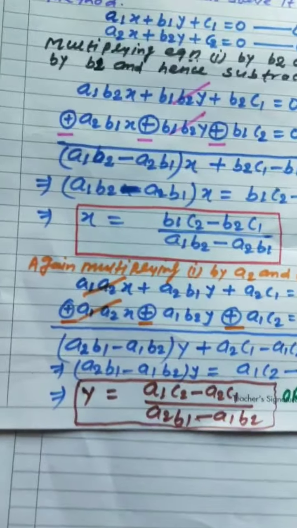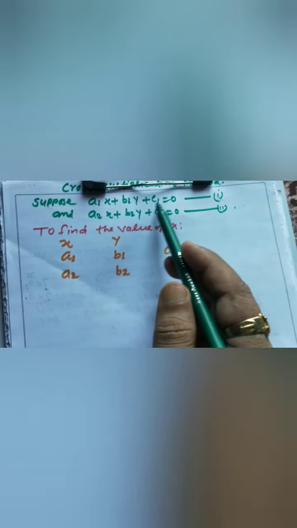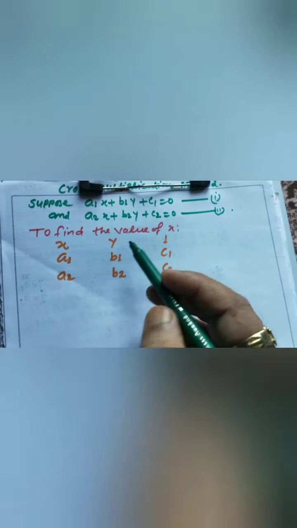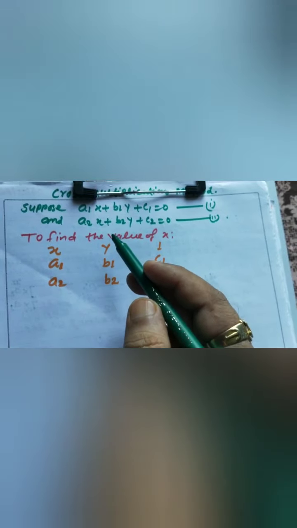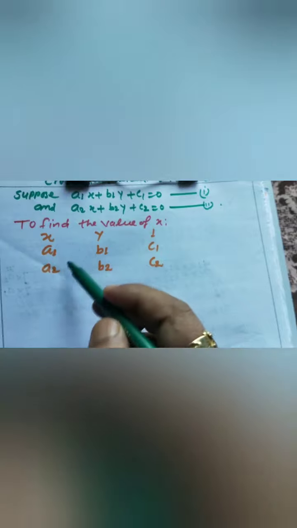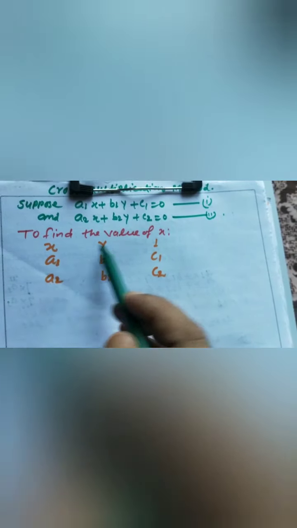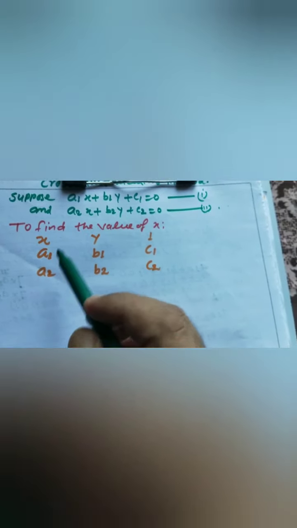Now let us see how we can solve a pair of linear equations in two variables by the cross multiplication method easily. We have just found out the value of x and y for this pair of equations by the method of elimination, and the same value we will find in this way also. So let us see. To find the value of x, first write x, y and 1 as we have written here, and below